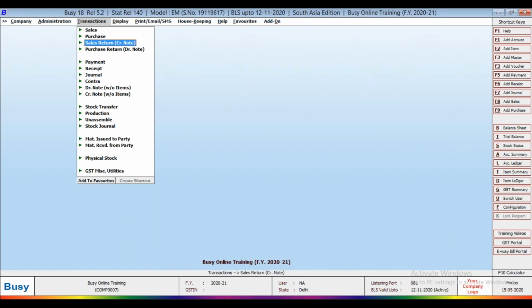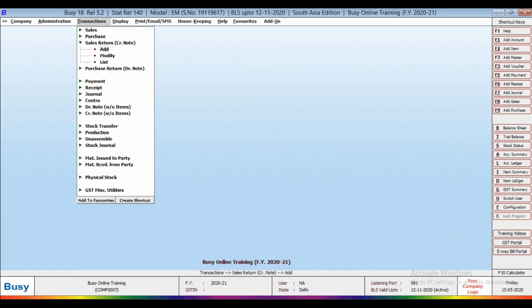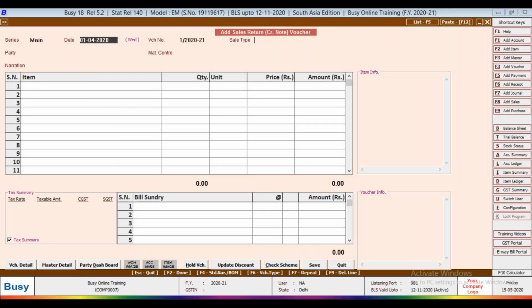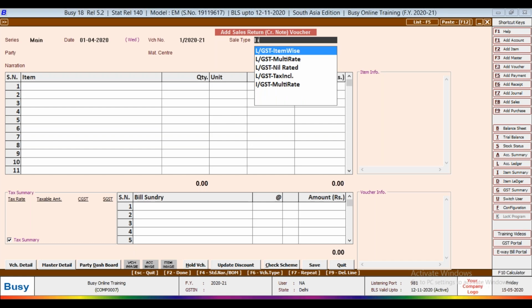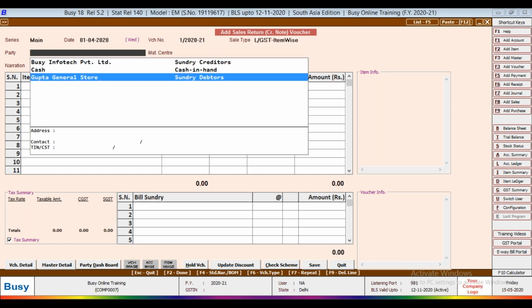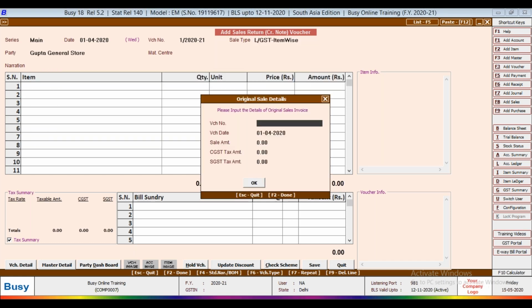So now we enter a sales return credit note. Enter the voucher number. When you define the original voucher number, the original sales invoice number, then the sale amount and its GST tax amount will come automatically here.